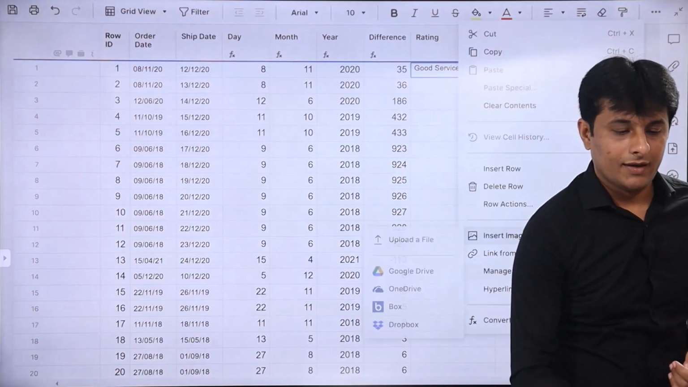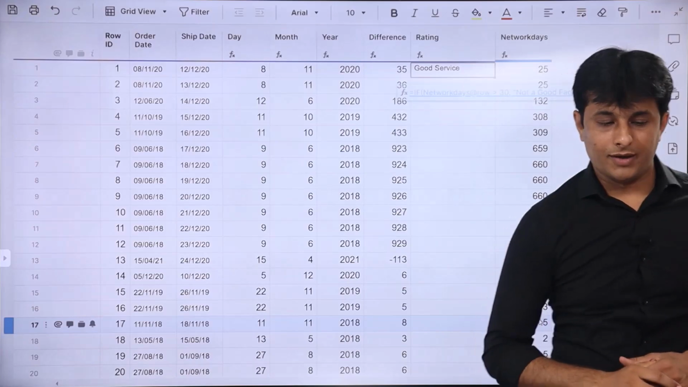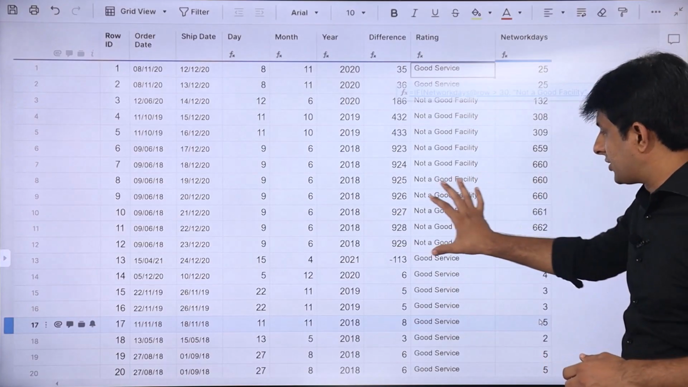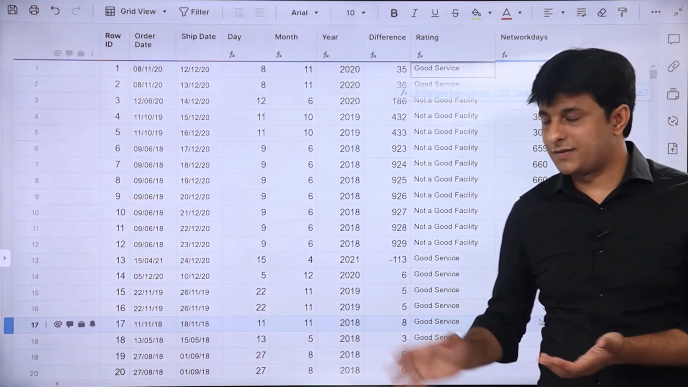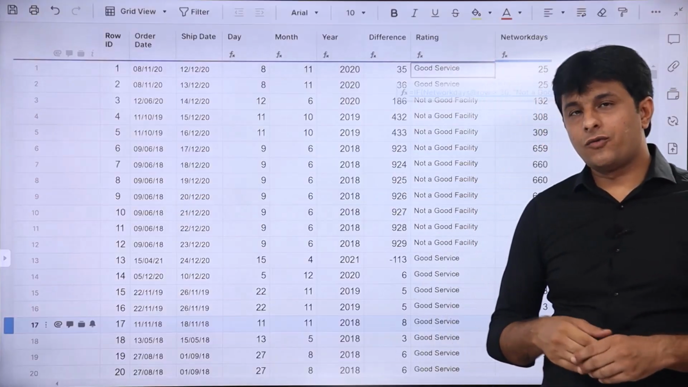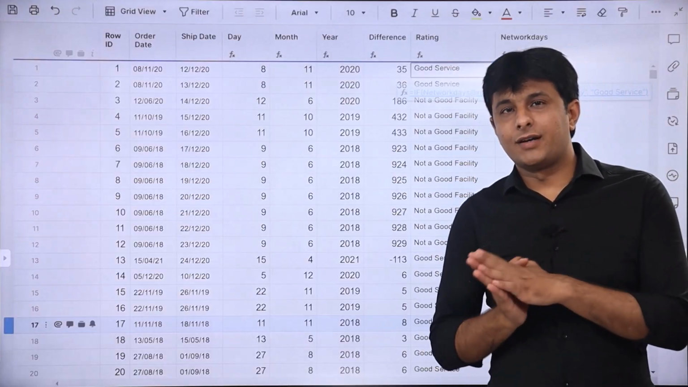So I can right click and convert to column formula, and carefully observe the answer. Wherever the number was above 30, it's not a good service. Here it is given here. Very simple example. Next one, if I want to find out if the column has a date or not,